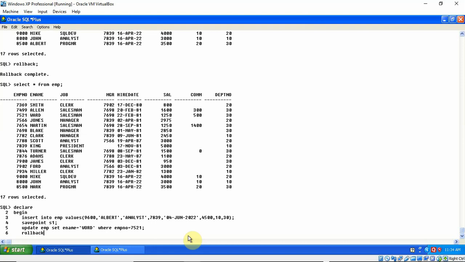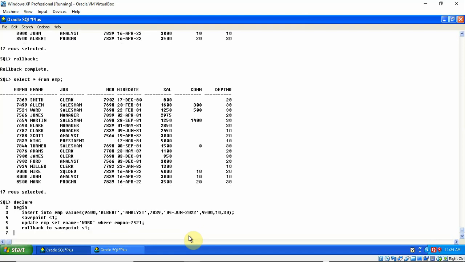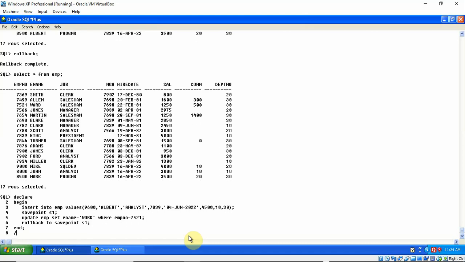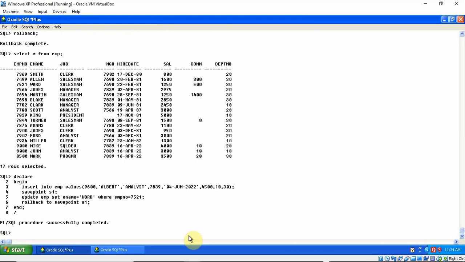Whenever I issue rollback, this time I'll issue the rollback statement like this: rollback to save point. This is S1, save point is S1. So this time I am rolling back to save point S1. Okay, so I am issuing the command rollback to save point S1. Fine. Now I'll just run the program, and it is showing PL/SQL